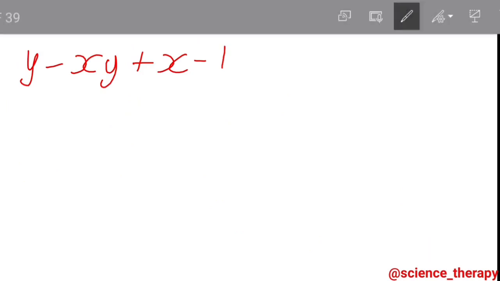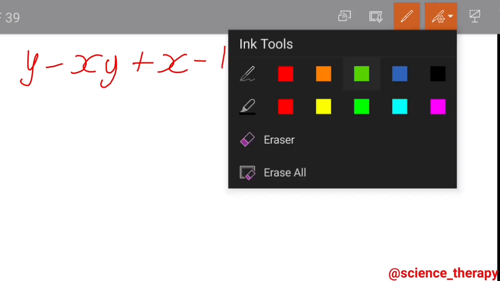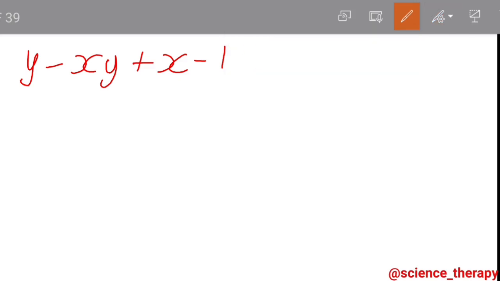Another one. Okay, let's try out this one. Now, from this one, we can just tell that we have common factors in the first and second term, because that's y, and we also have y here. But unfortunately, in the third and fourth term, we don't have any like terms. So let's write, we have y, and then